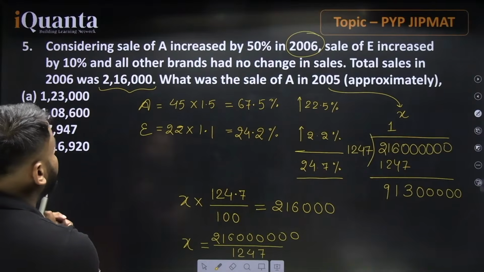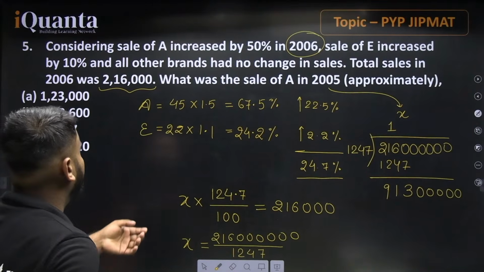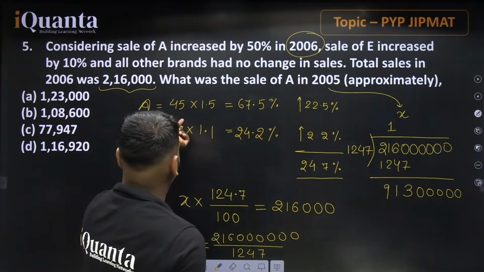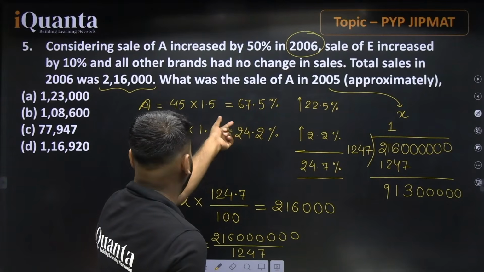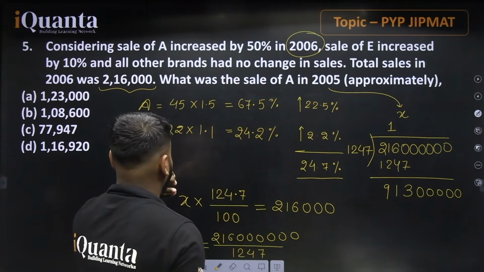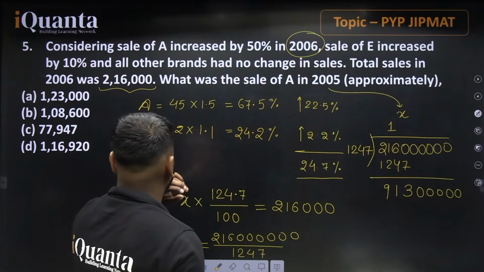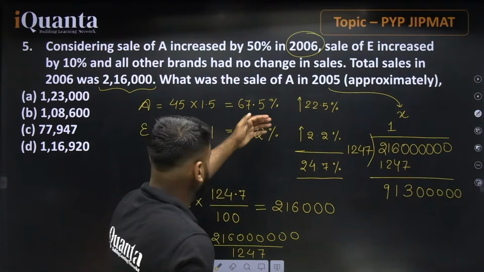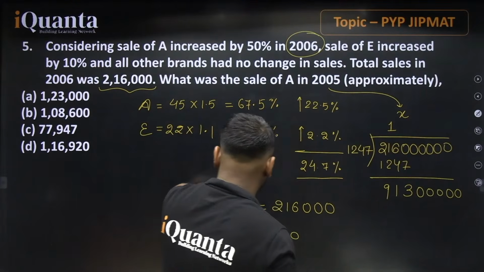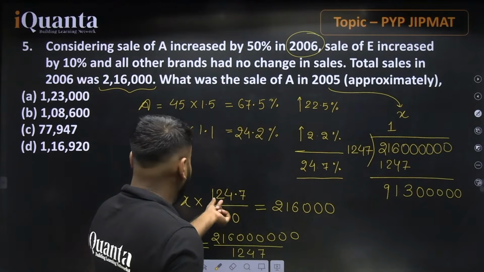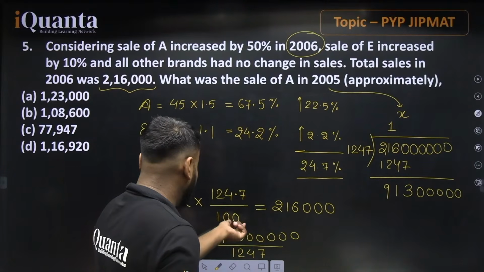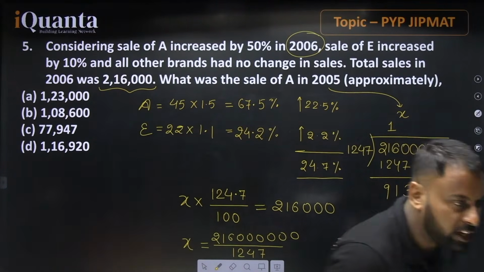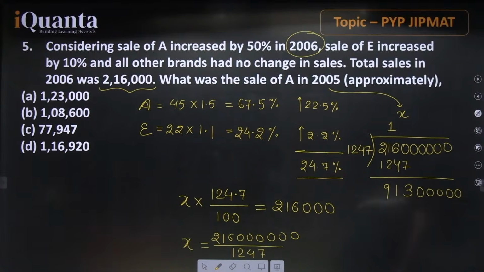Considering the sale of A increased by 50%, if we go for 50%, this value will be equal to 67.5 because we have 22.5, correct? And then the portion 22 will be equal to 24.2%, perfect. So the total increment will be 24.7%. This value is 124.7%, so this value is 216. I guess that this is clear. Just check it right now. Akansha, what we did is,